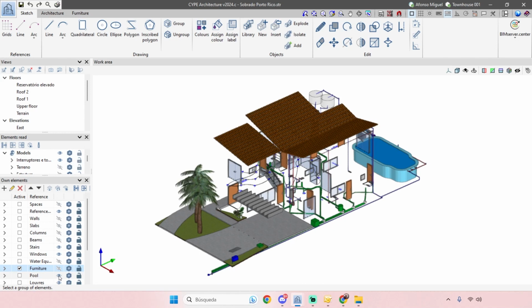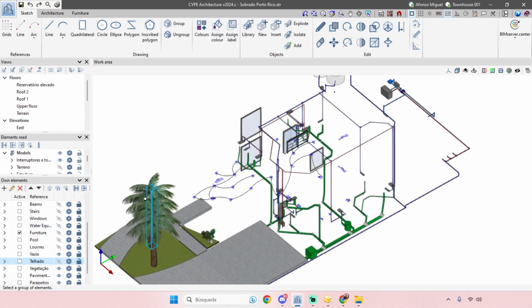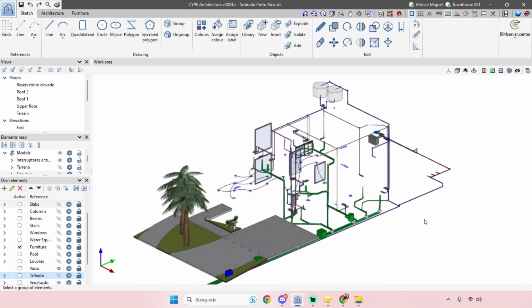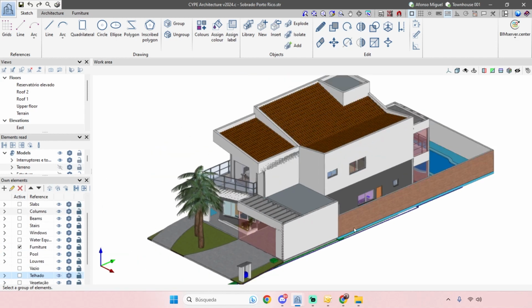I've created here a specific layer for the pool, and maybe here somewhere for the different architectural elements that we have here: windows, stairs, also here the roof. Okay, so here you can create your own layers and then assign the different elements of your project to these layers according to the needs of the modeling process, and then activate and deactivate these layers according to the moment of the project. Okay, of course, in the end, when we have everything finished, the idea is to activate everything,